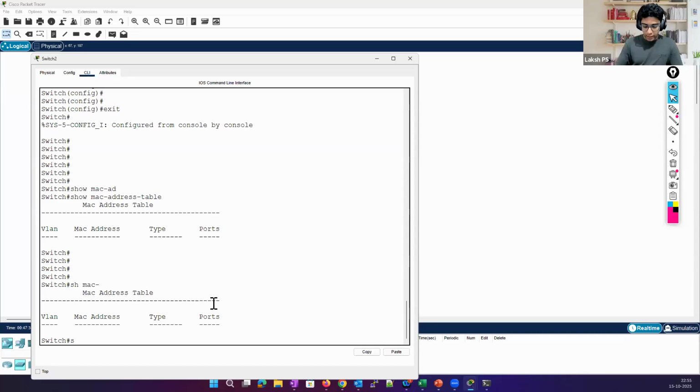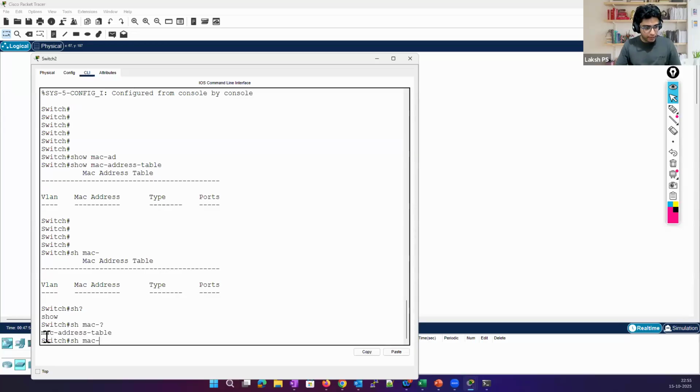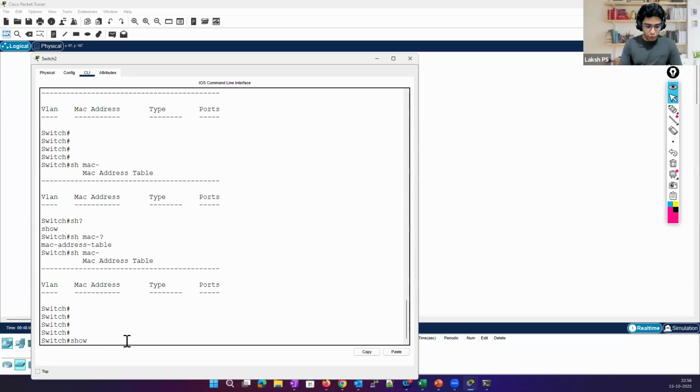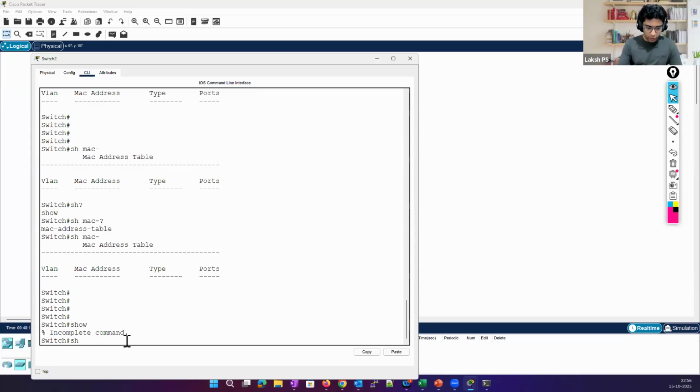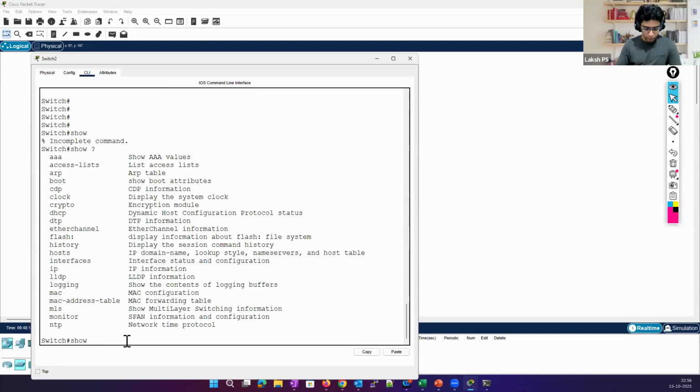Why? Because with sh, the only command that completes this particular two-letter prefix is show. That is why it is able to identify sh. And after mac hyphen, this is the only command that completes the whole command line. So if I press enter, it gives me the same output. However, if I just press show and enter, it shows me incomplete command. Also, if I type show i,